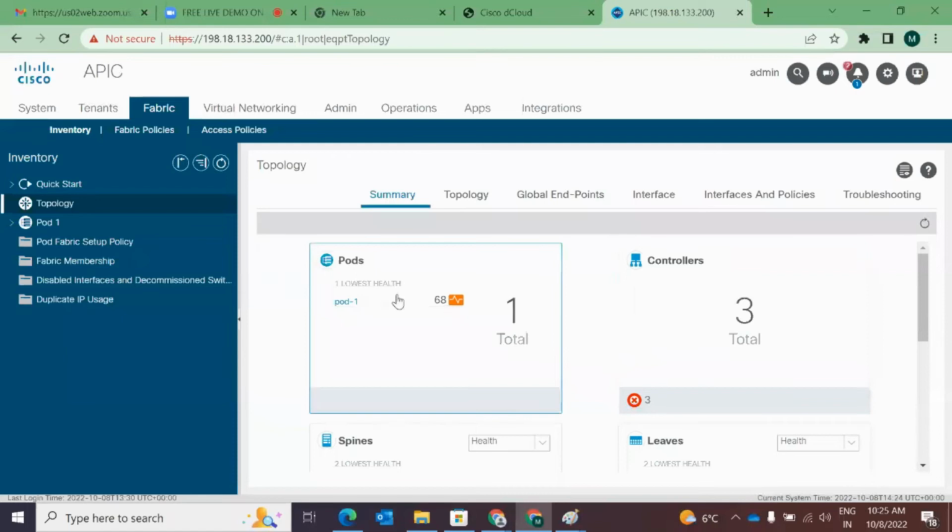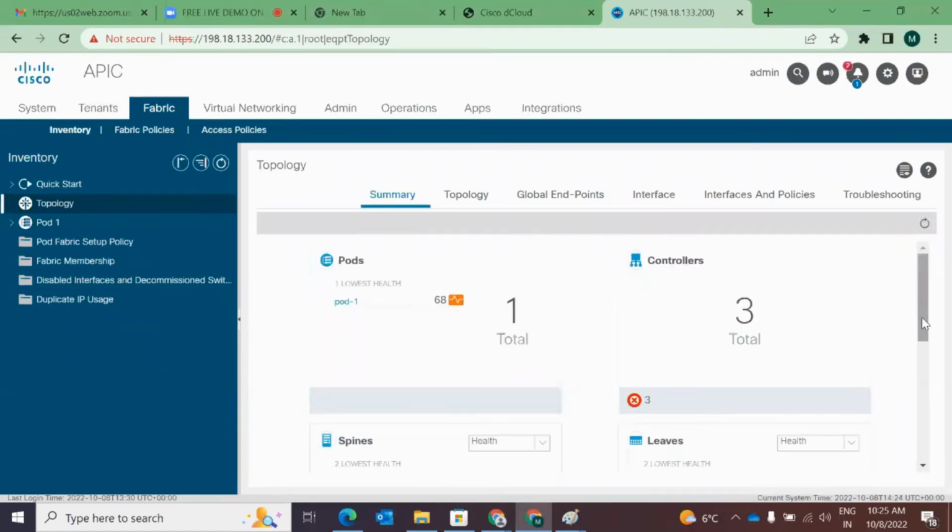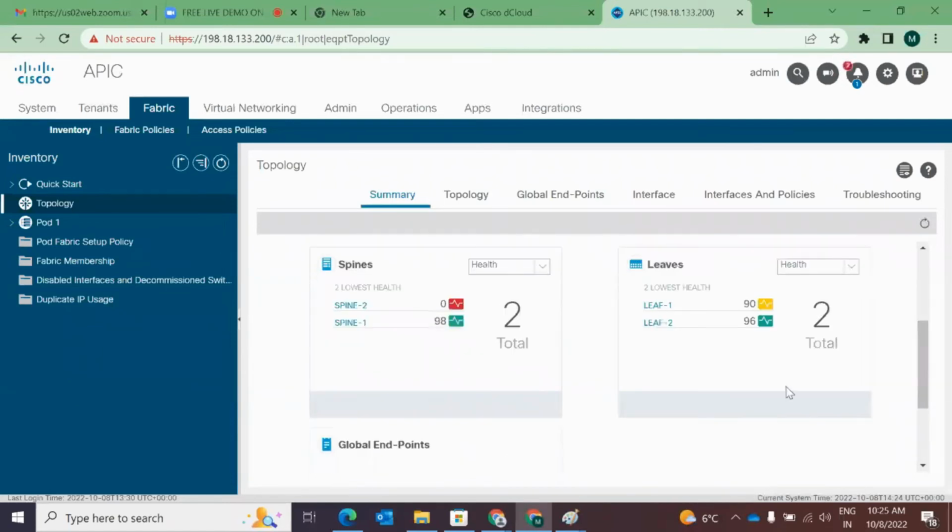We name it as pod because sometimes, in DR, you may need to have one more pod. So you may need to have the ACI multi-pod. So basically pod 1, pod 2 kind of thing. So in pod 1 we have three controllers, two leaf and two spine. If you click on the topology,